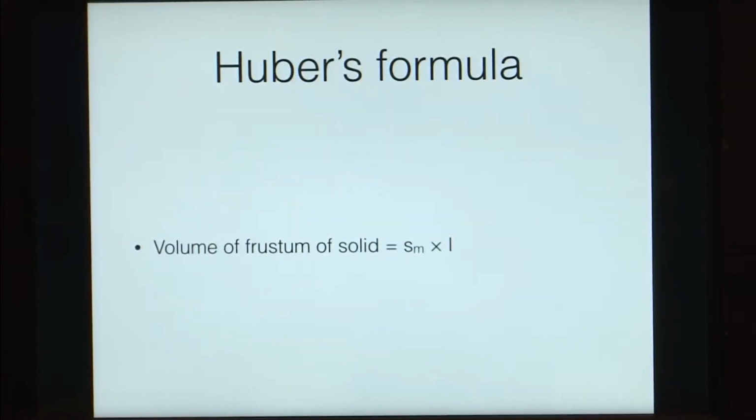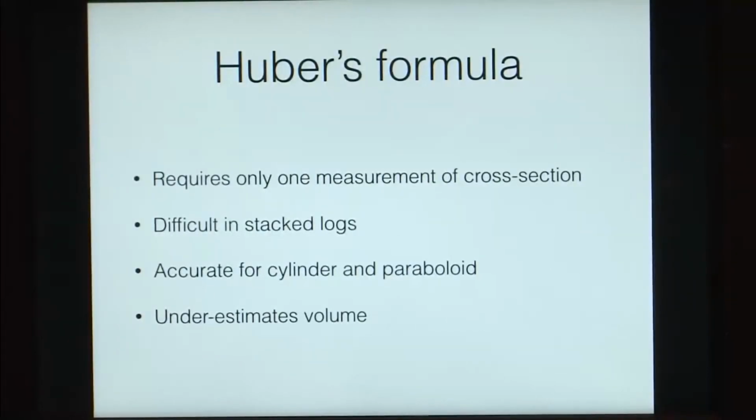The other formula that we looked at today is Huber's formula. In the case of Huber's formula, it is defined as the cross sectional area of the middle of the solid multiplied by the length of the solid. So, in this case you are required to take only one cross sectional area measurement at the middle. But again, in the case of stacked logs, that becomes difficult because it is difficult to access the central part of a stacked log. It is accurate for cylinder and paraboloid, and unlike Smalian's formula that overestimated the volume, Huber's